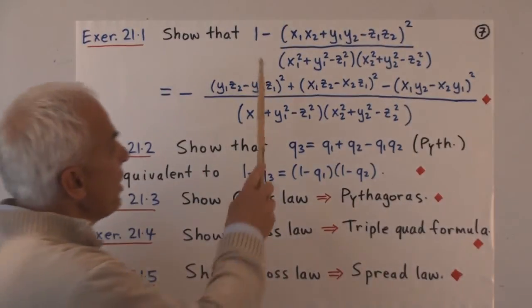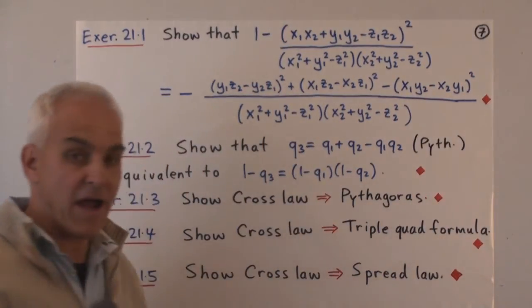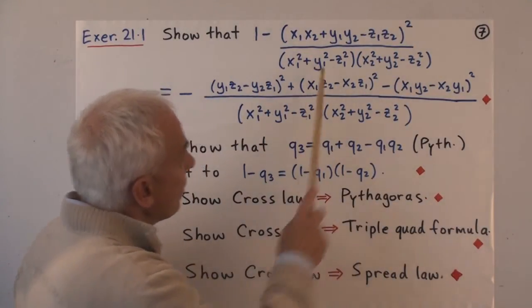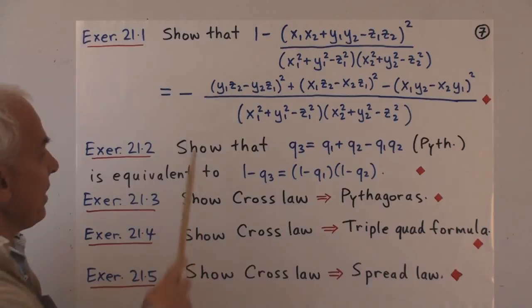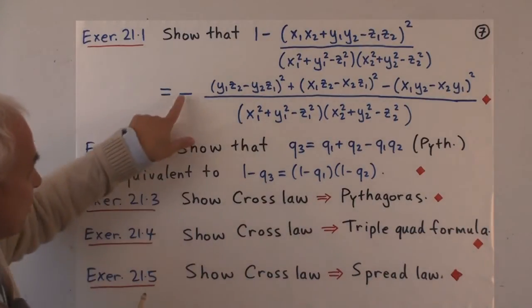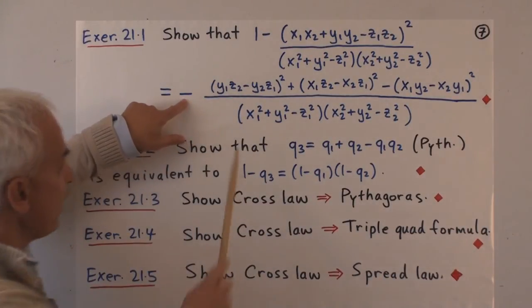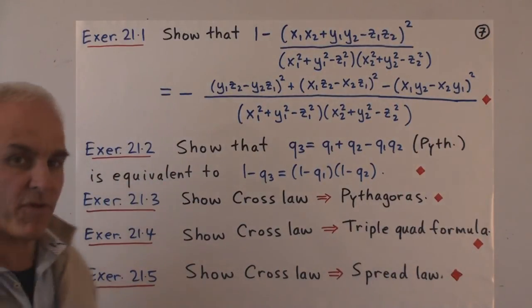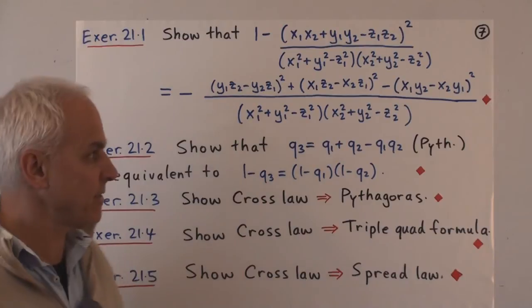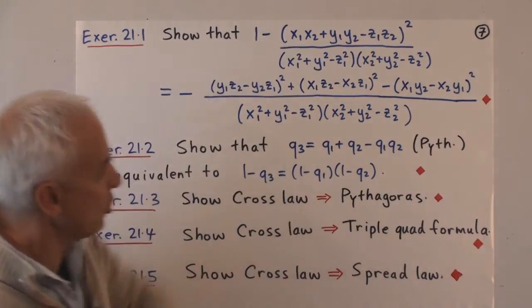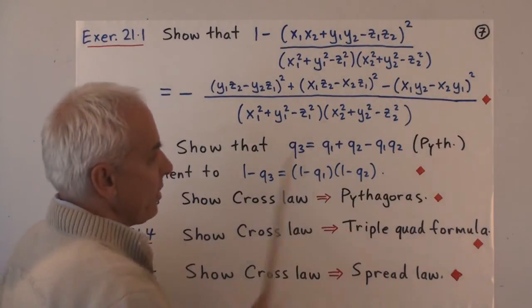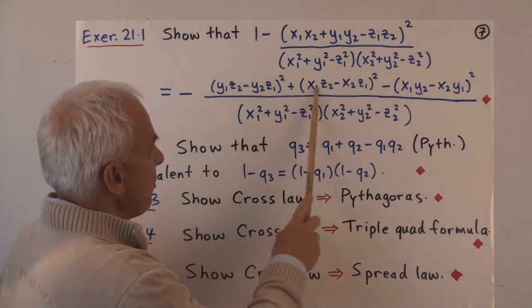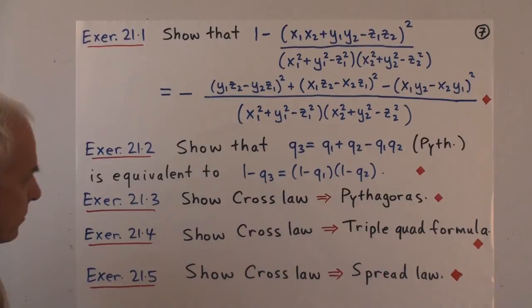Okay, so the first one, this crucial quantity that defines the quadrants or the spread, show that this 1 minus this term here can be rewritten in this form. So notice there's a minus sign here, very important minus sign. And then it's something that looks a lot like the alternate formula for the spread in Euclidean case, where there was only sort of one numerator term, essentially this one here. So there's 3 terms here, 2 of them with a plus sign, 1 with a minus sign.